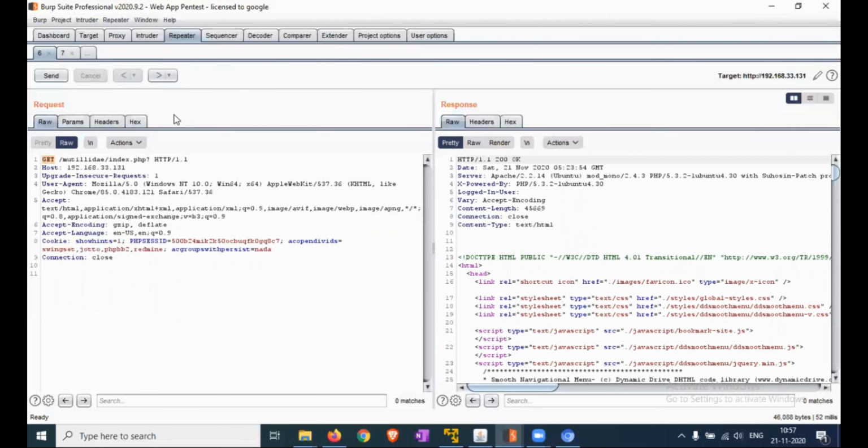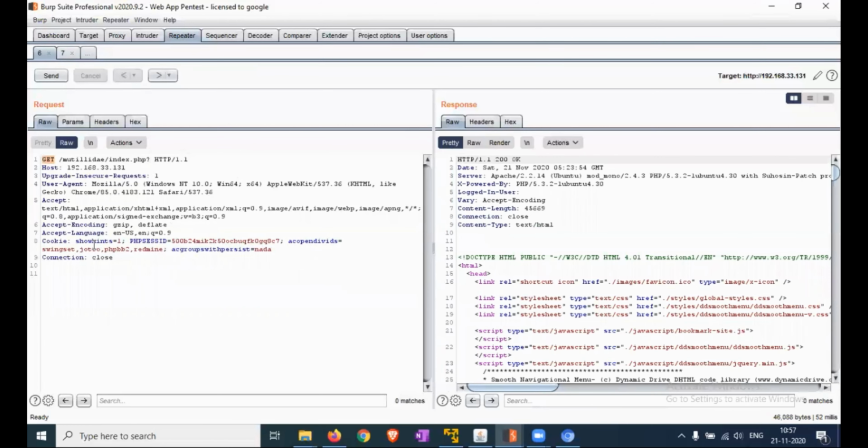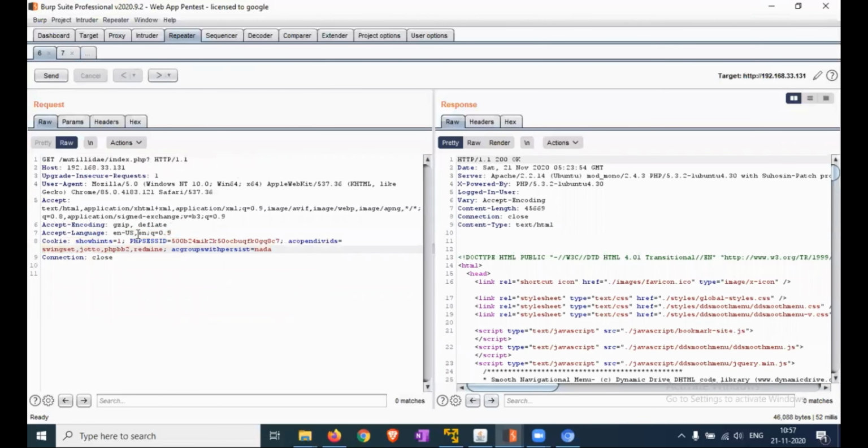Okay, I'm adding the paste before the connection. So I'm adding the cookies, encoding and referrer before the connection. Just pasting here and sending it.